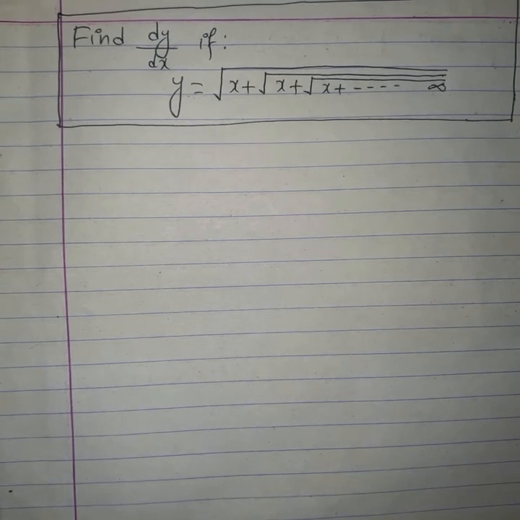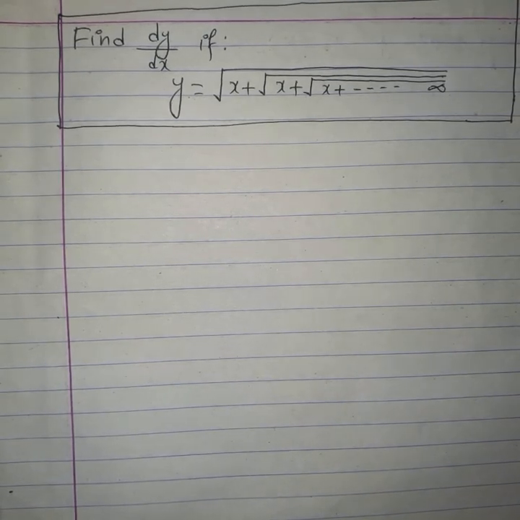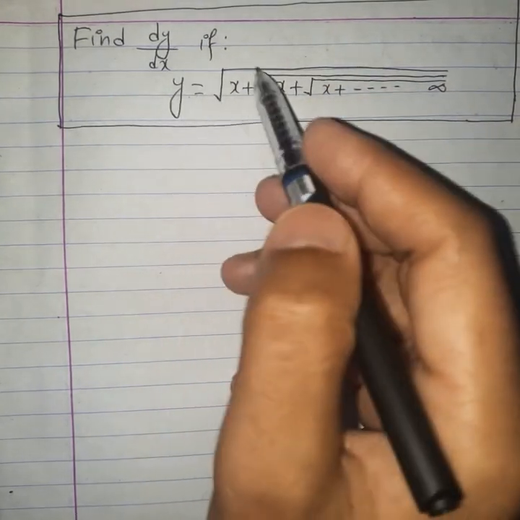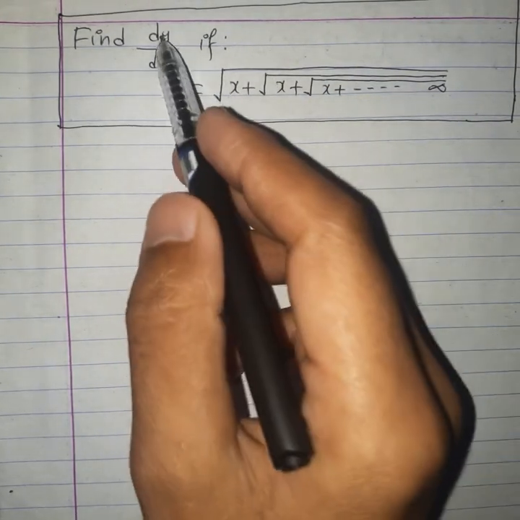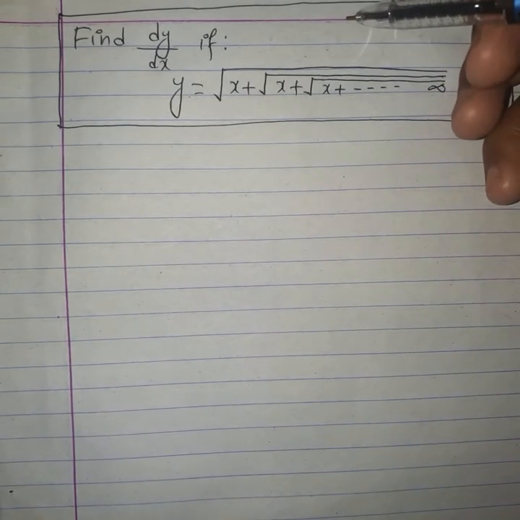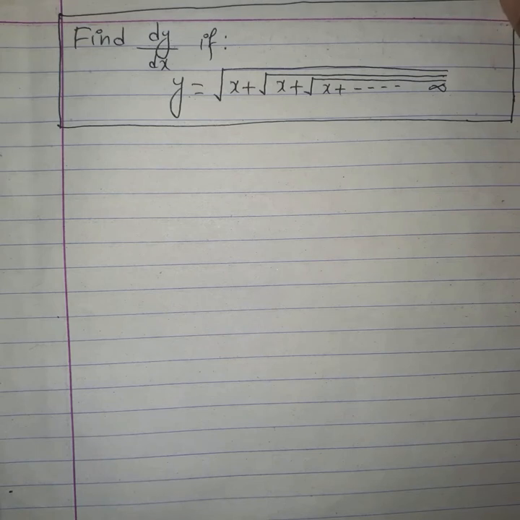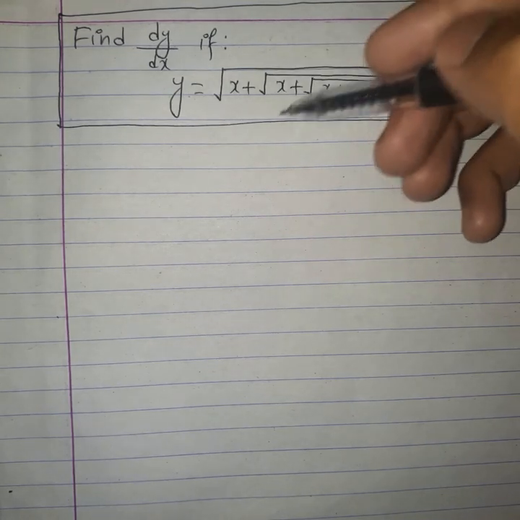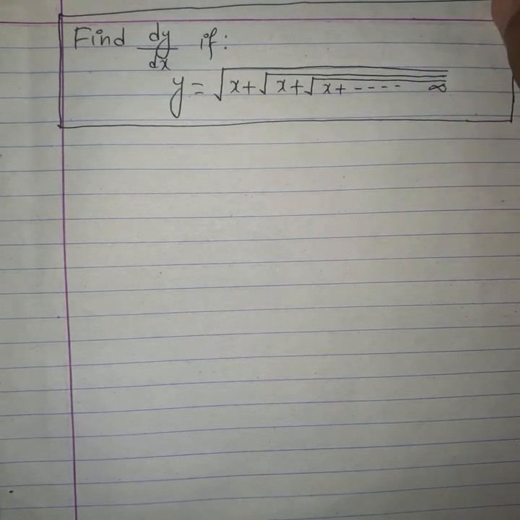Today in this video I am going to solve a particular question related with the derivative of a function. A function is given, and we are going to calculate its derivative with respect to the input variable. Please watch this video till the end so that you will get so much information about the sum rules of the derivative as well as how to solve this type of question.